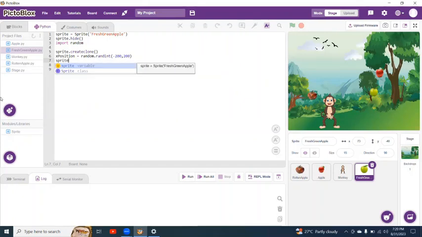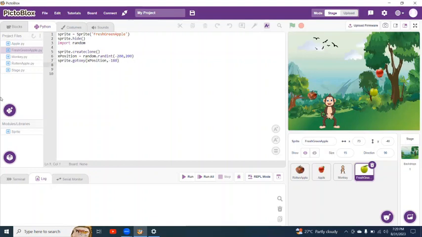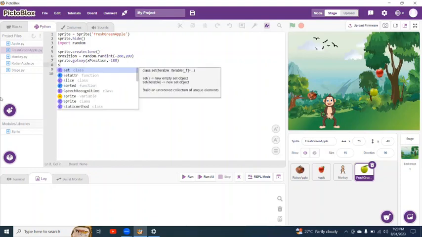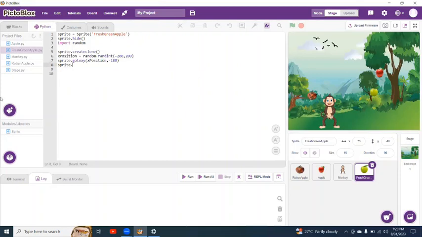To do that, we now do sprite.goto X, Y. So where the X position, and there we want the Y position to be fixed. So let it always fall down from minus 180, minus 180. Now that this has been set, it is time to show it. Remember, it's hidden for now. So we now need to show it. Now that we have shown it,